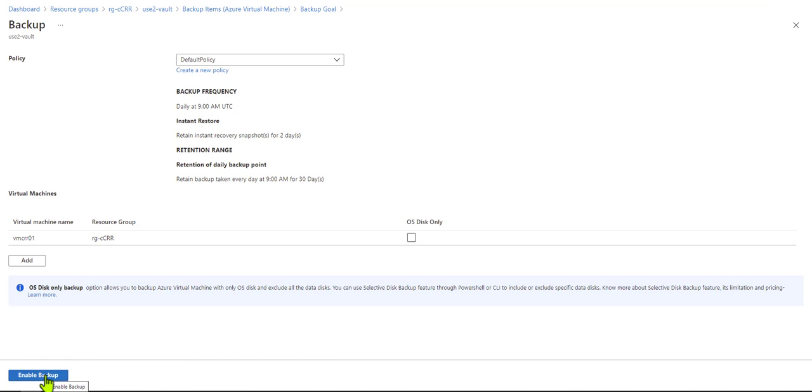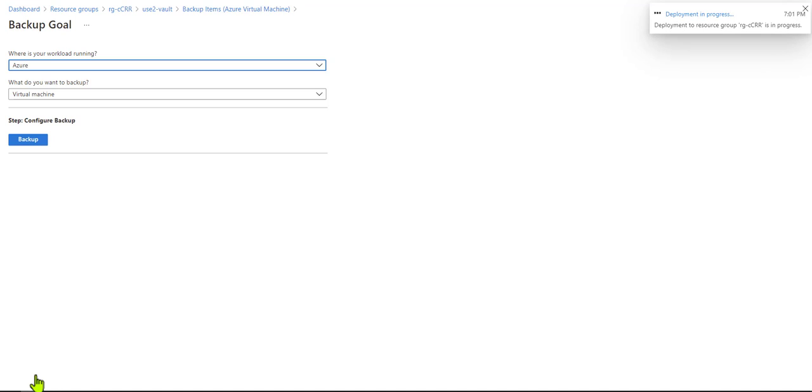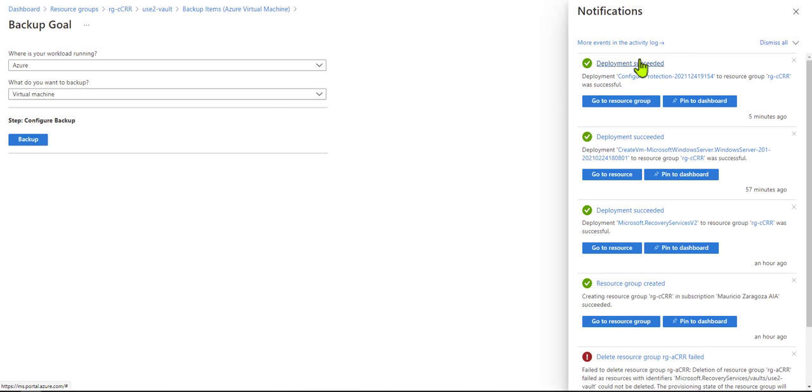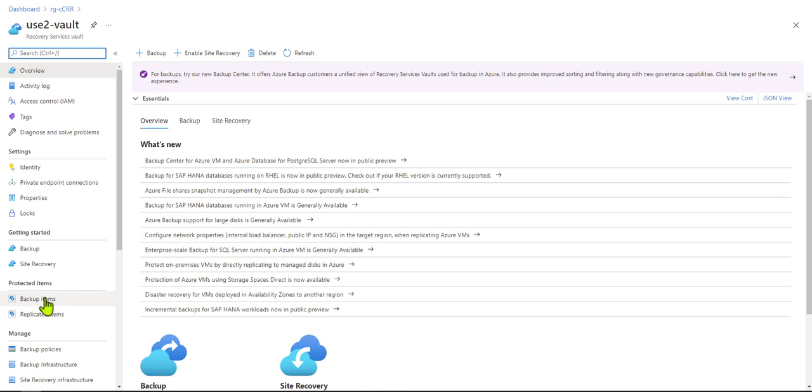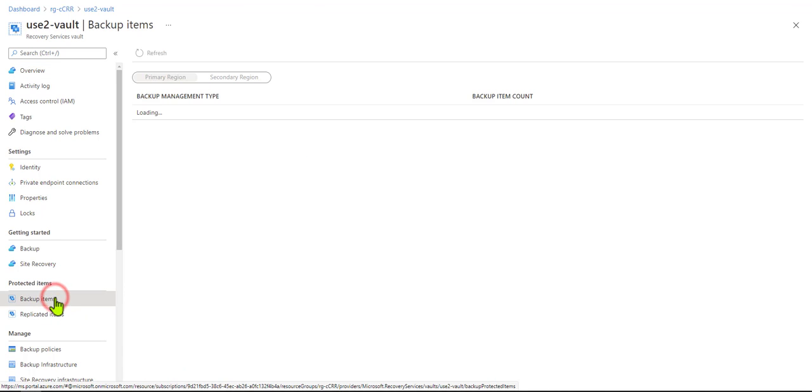Finally, click Enable Backup. Again, this is going to take some minutes. You can monitor the progress in the top. After the machine has been enabled, we are going to click the link Deployment Succeeded. We select the vault, select Backup Items,